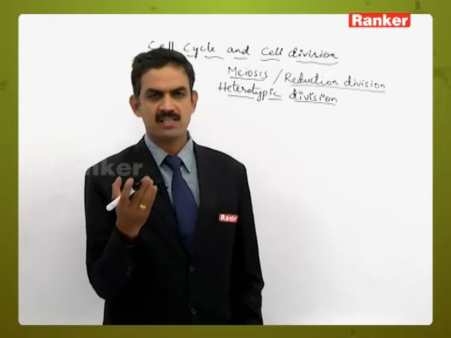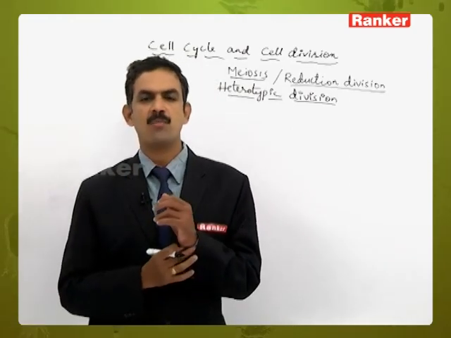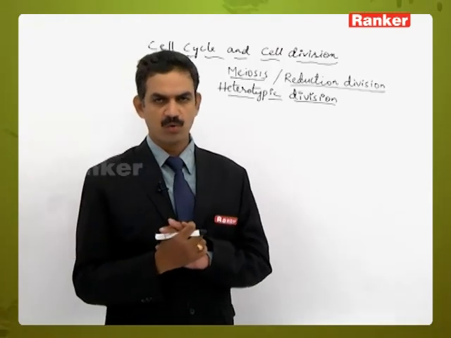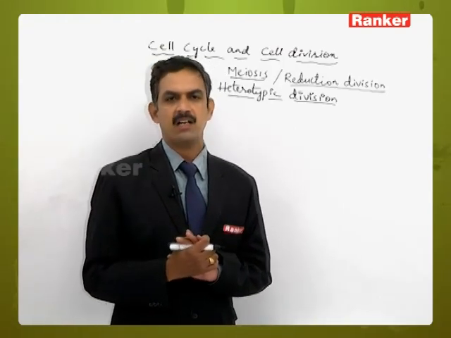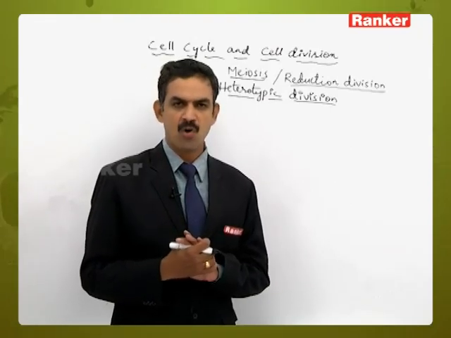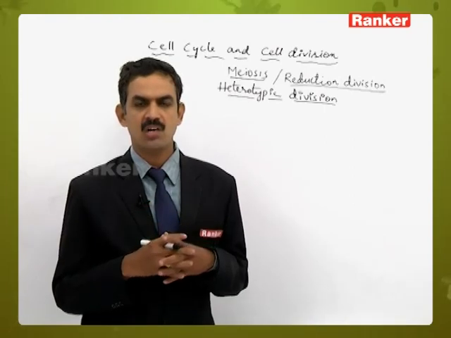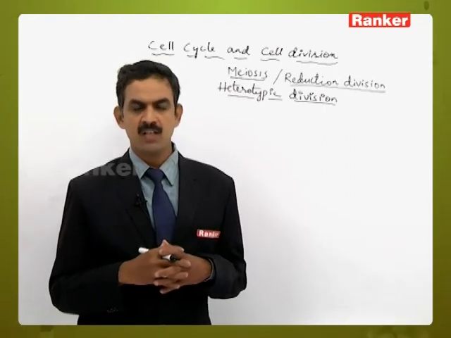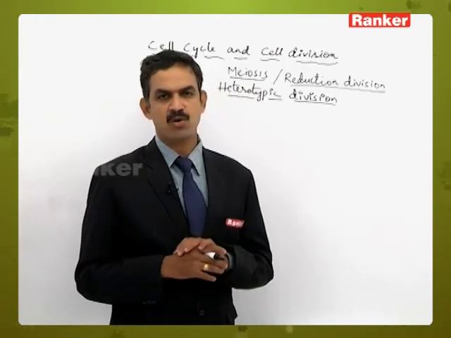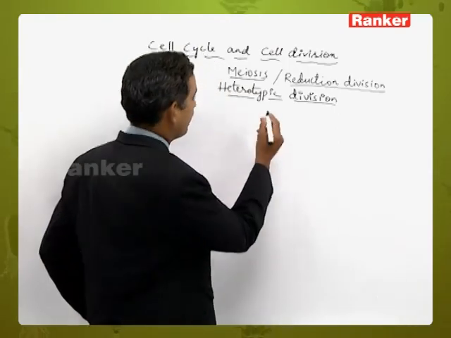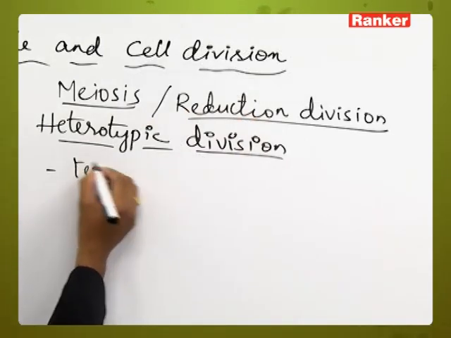For example, if the cell starts as a diploid cell, the daughter cells that are formed contain the haploid number of chromosomes. So the chromosome number is reduced to half, and the daughter cells formed as a result of meiosis are not similar to each other. That is the reason we call this type of division a heterotypic division. And here the term meiosis was coined by